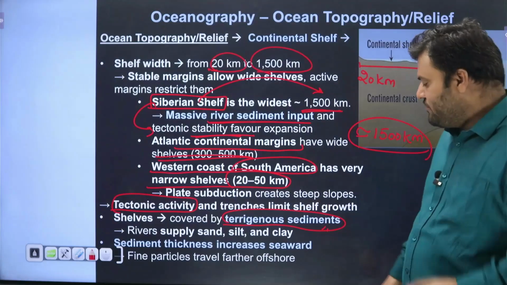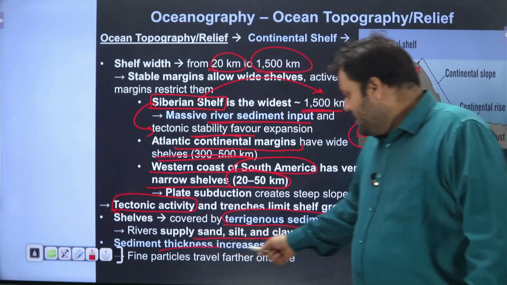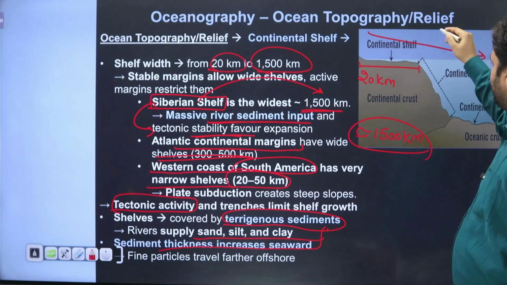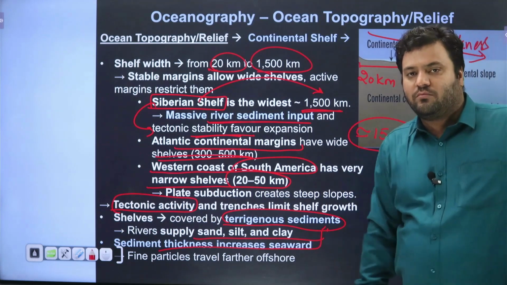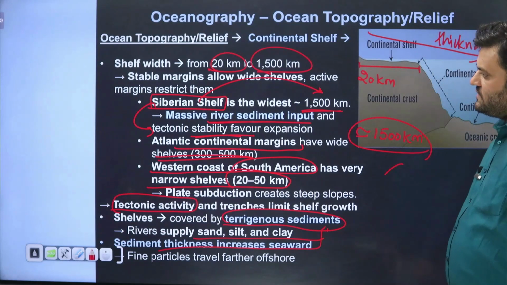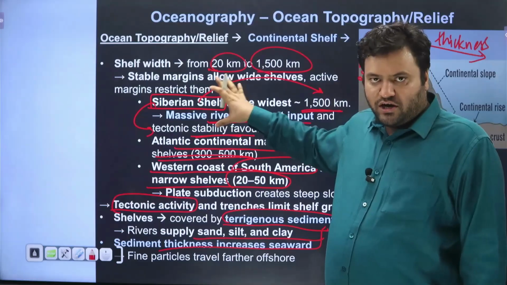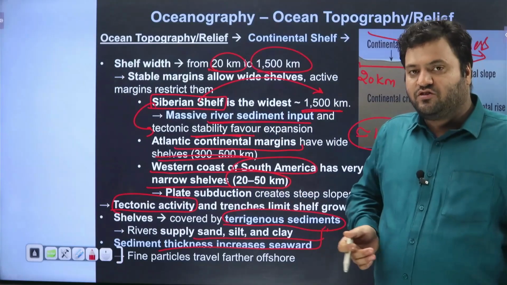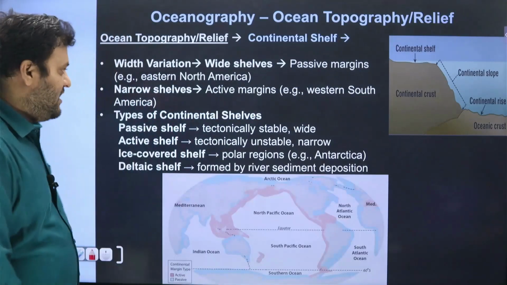And when we have a river, for example, I told you they bring these elements, and as for the sediments, you could have a sediment thickness with respect to the seaward direction. If you move seaward, the thickness increases when it comes to the sediments which are being brought by rivers. So we have these things specifically. See guys, when it comes to these two aspects, wider, or let's say more length in the continental shelf, and here you have less length in the continental shelf, it's because of their position. It's because of the active and the passive margin, which are actually the result of